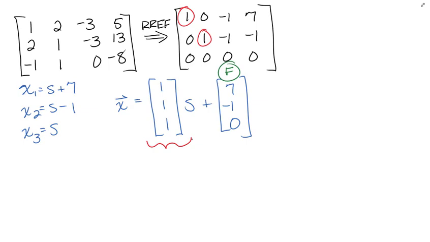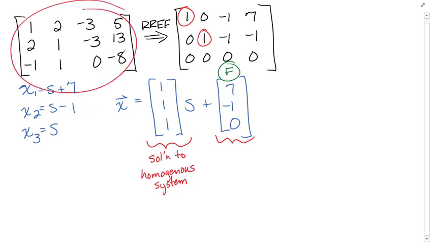All right, so this is a solution to the homogeneous system. Now if we check it real quick, we're going to see that it's actually a solution to that system. Now remember, this system has an infinite number of solutions, but the 7, negative 1, 0 is a